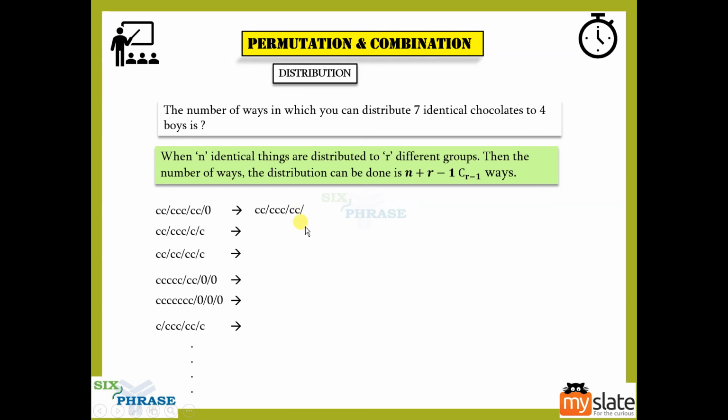So it is not necessary that 0 has to be there. So write the second one as it is, as it doesn't have a 0 in it. Third one also doesn't have 0 in it, so no need to remove it. Fourth one has zeros, remove them, you will have it like this. Fifth one again has zeros, remove them, you will have it like this. And the last one has no zeros, write it like this.